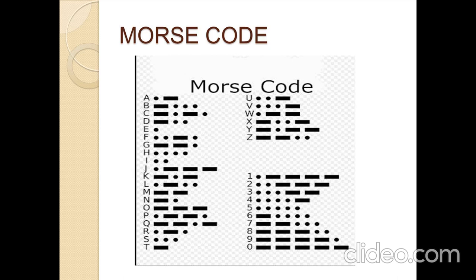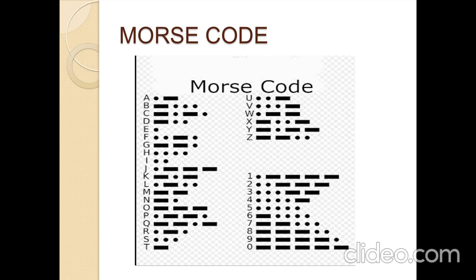Now for numbers, you can easily remember: for 1, one dot and the remaining 4 will be da. For 2, 2 did and 3 da. For 3, 3 did, 2 da. For 4, 4 did and 1 da. In the same way. Now I will sing.